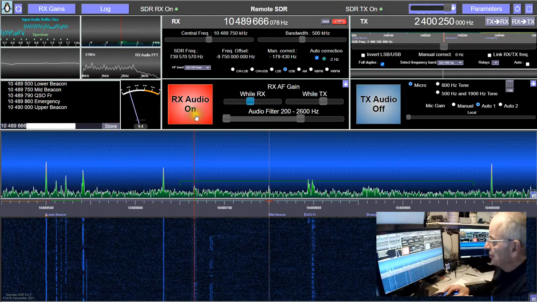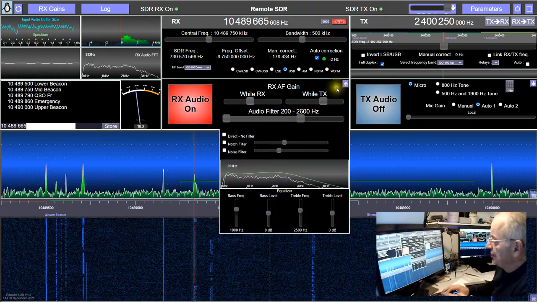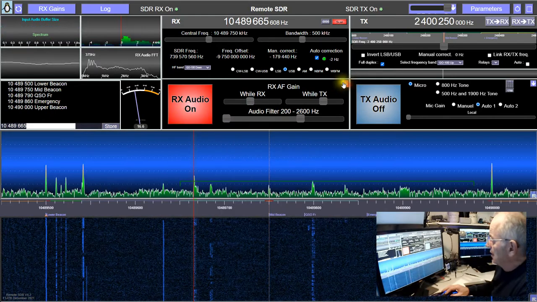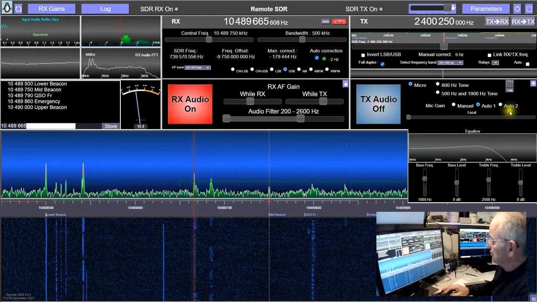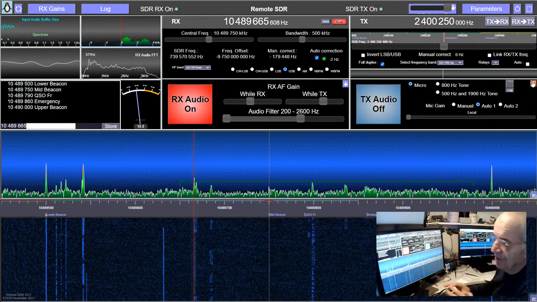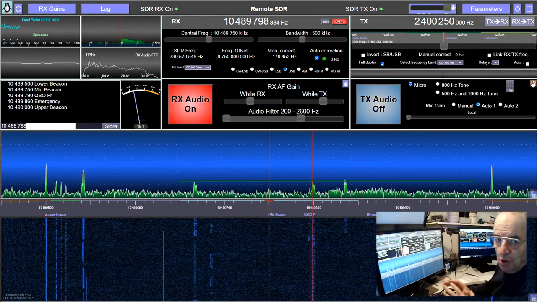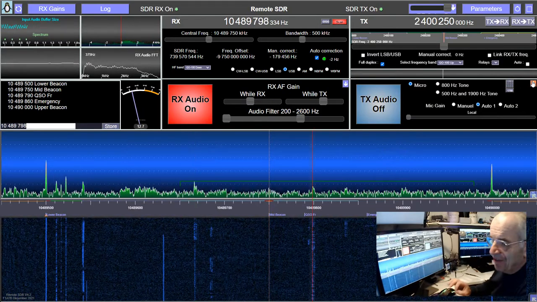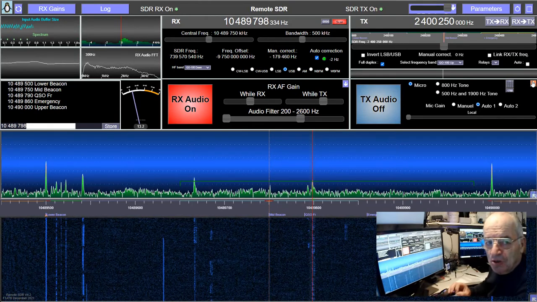I have also some additional parameters such as an equalizer on the receiving part and also an equalizer on the transmitting part. So a lot of parameters, but this presentation should be short. I cannot present everything. Nevertheless, on my website